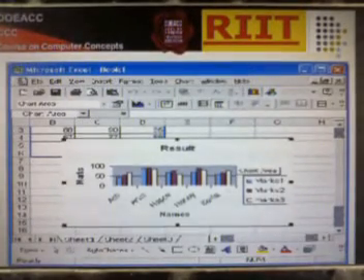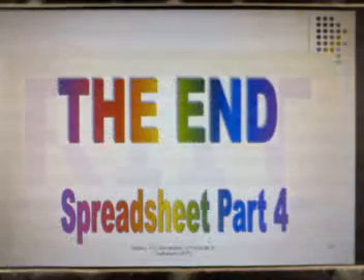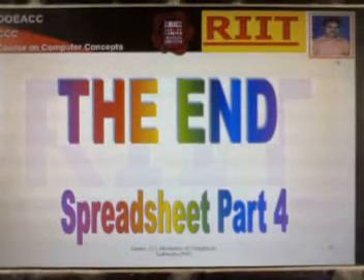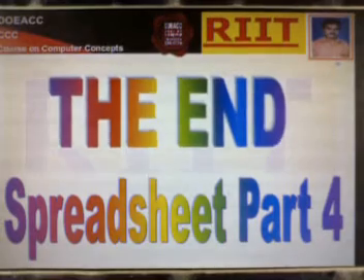Your chart looks like this type in MS Excel. Spreadsheet Part 4, the end.